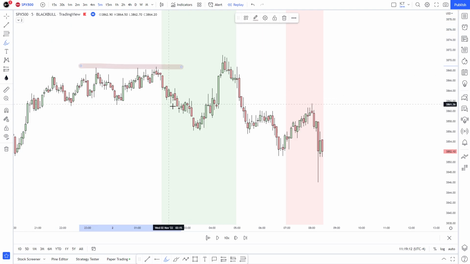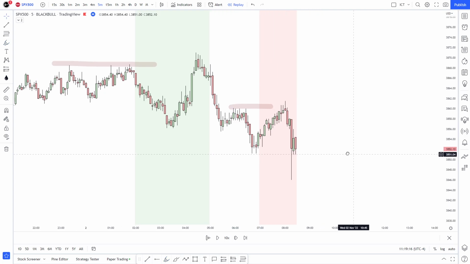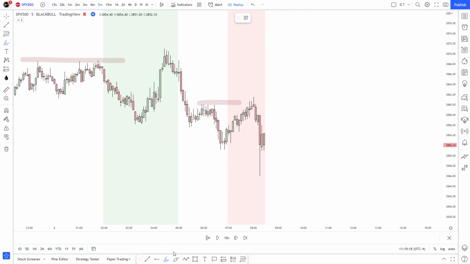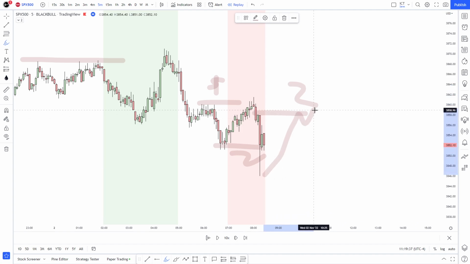This enormous amount of liquidity being taken, the fact that the market took liquidity one more time, and now what do I expect, or what am I going to be looking for? The 5 steps, that's exactly what I look for. I wait for the market to, as an example, at this point, we already have step 1. Step 2, we have a fair value gap in here, maybe something in the 15, we won't do that. So step 3 will be this, lower time frame entry, step 4 and 5. That's what I'm looking for.